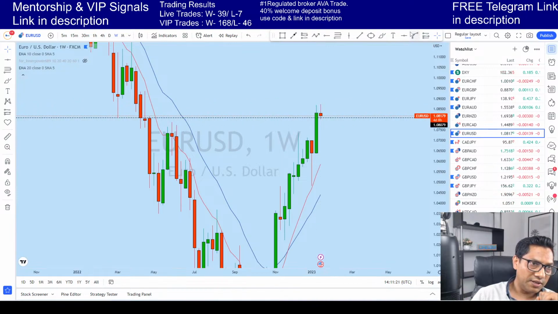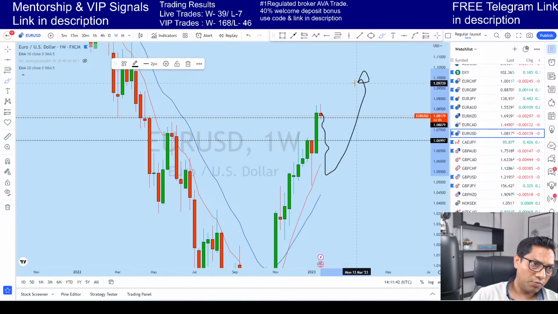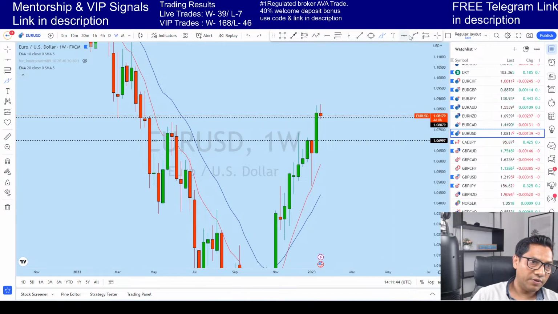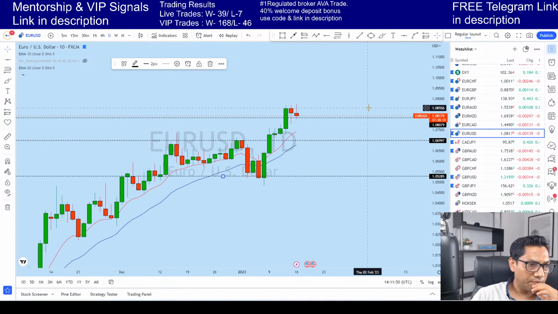So what's that gap? Let's draw this. You see the top of this red candle from the weekly has gone up. This zone, there's a high probability that the top of this candle on the weekly will be tested. Euro dollar may even come to this level before going up. So that reversal could even bring the price to this level on euro dollar. So let's look at daily now.